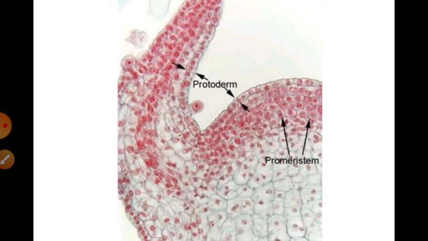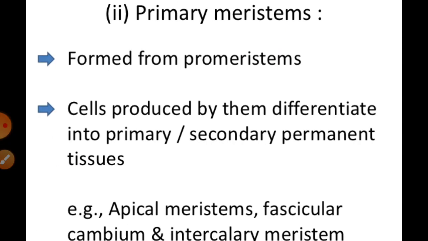If you look at the internal structure of any stem and root in the coming diagrams, you will understand that the total structure can be developed from the ground meristem, which differentiates into different categories: hypodermis, cortex, endodermis, pericycle, medullary ray, and so on. These are the different regions where they can originate.